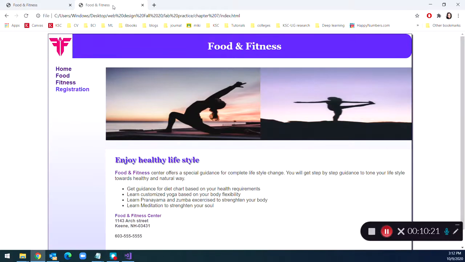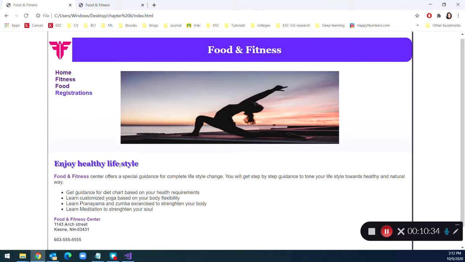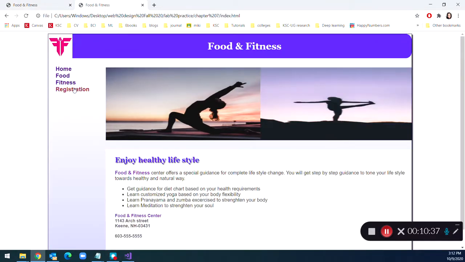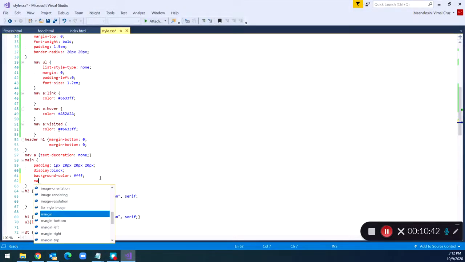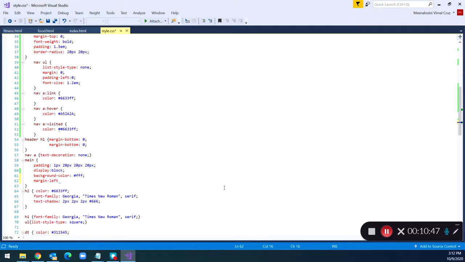So you can see that we have set this navigation is going to like 160 pixel. The width of the navigation is 160 pixel, and this padding I have set it as 30 pixel. So we have to move this to here, then only we can have this look, right? So for that we have to set up this margin. We are going to change the margin so that it will move. So we are going to set the margin left is going to be 190 pixels, because the width of the navigation is 160 and the 30 pixel is the padding. So altogether it is 190 pixels. Okay, save,